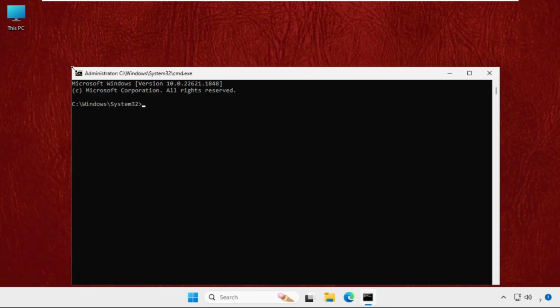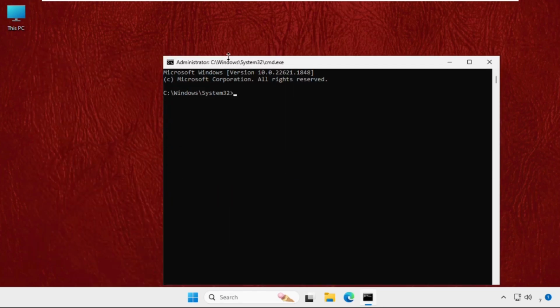Now close the background windows, and here we need to execute some commands. So type all these commands carefully and simply hit enter to execute them. Type in